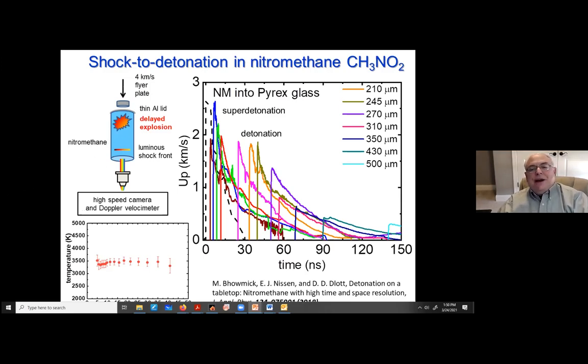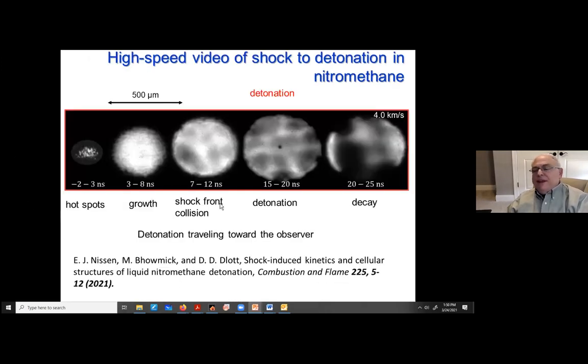Now you can photograph the nitromethane. So the way this was done is we just made nitromethane samples that were 25 microns thick, 40 microns thick, 90 microns, 110, out to 500 microns, and did the experiment and pieced this together. These are the photos. Now, what's happening here is you're the camera and the shock wave is coming to your face. Okay, so it's coming out of the screen.